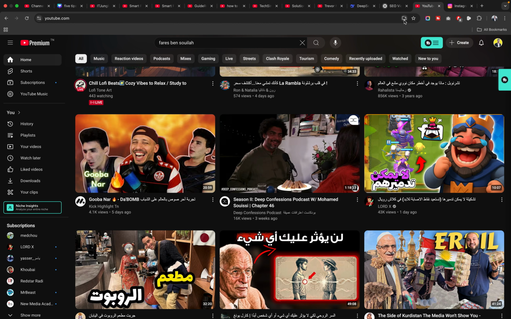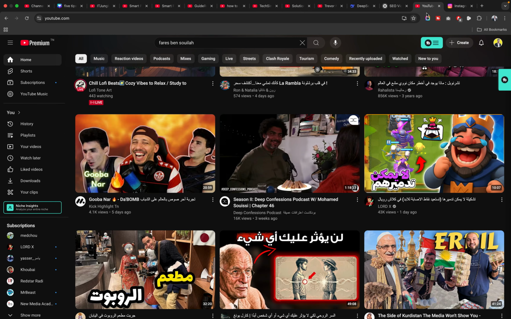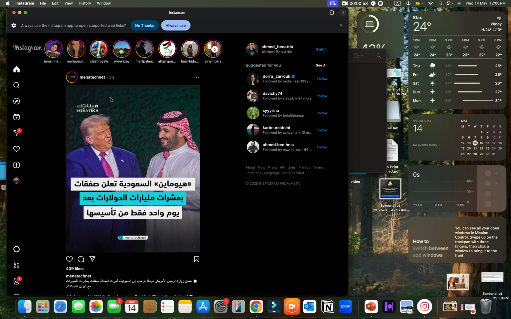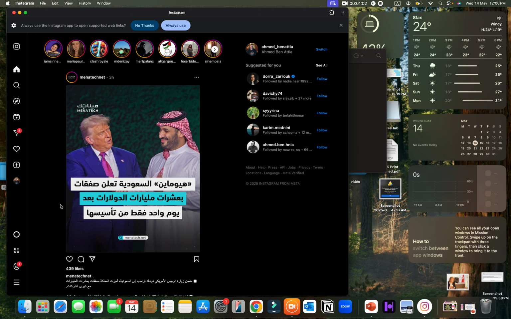For the first time you will see an icon like this with a computer and an arrow. You just need to click on it. As you can see, it will appear like that for you, and you just need to click on yes, and after that Instagram will be opened in an application like this, and you will have installed the Instagram app